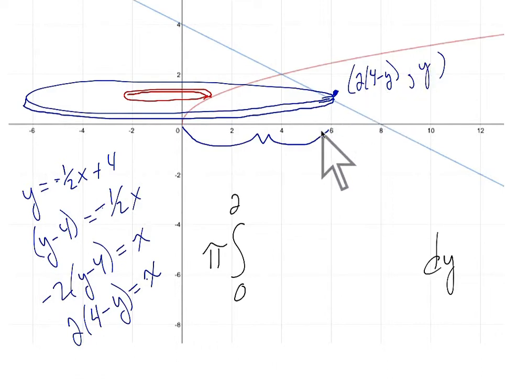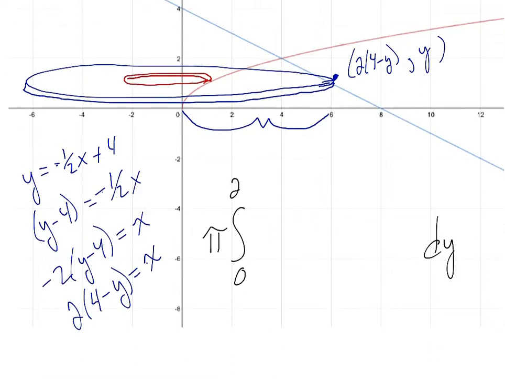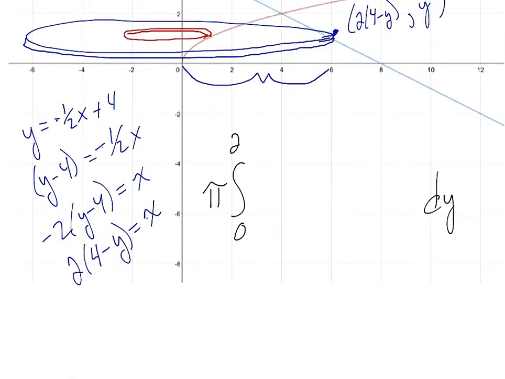So then the radius of the outer function is this right here. And that's what gets squared down here in our integral. So this would be 8 minus 2y, just distributed the 2 through, squared, and then minus, and then we want to figure out what the radius of this inner function is,